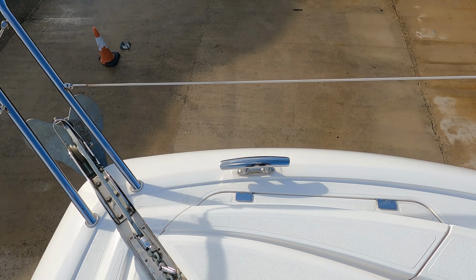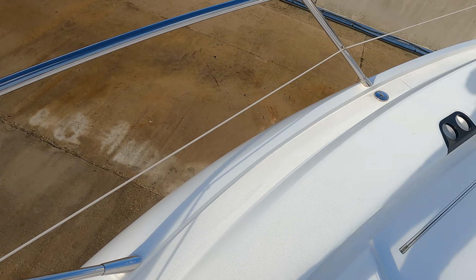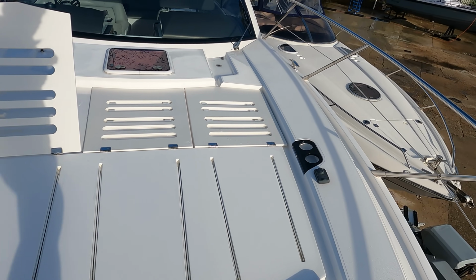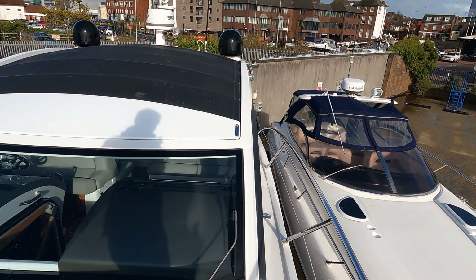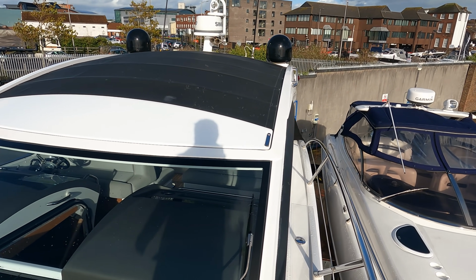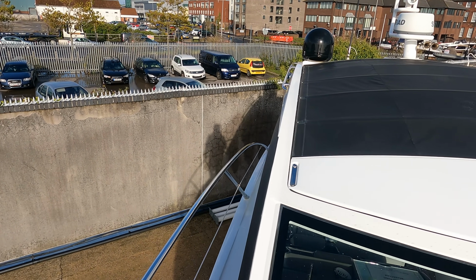Loads of cleats, nice sort of Sunseeker names in there. So it's a great detail. These are really, really nice boats. They used to tell us the factory lost £40,000 on every one of these they made, hence why they eventually stopped production. But for us as distributors and our clients that bought them, they were an absolutely wonderful product